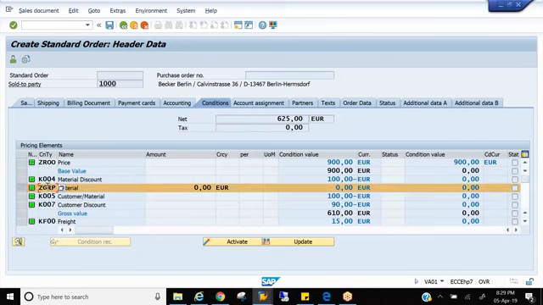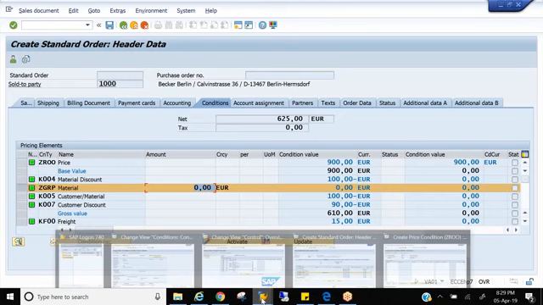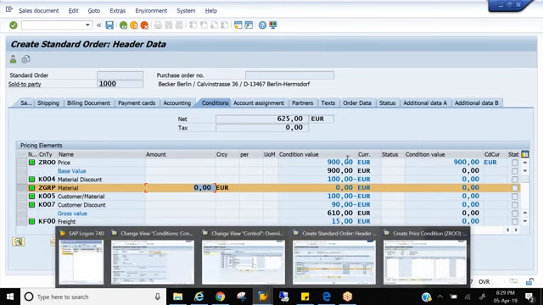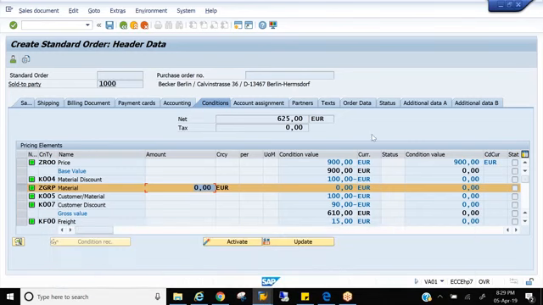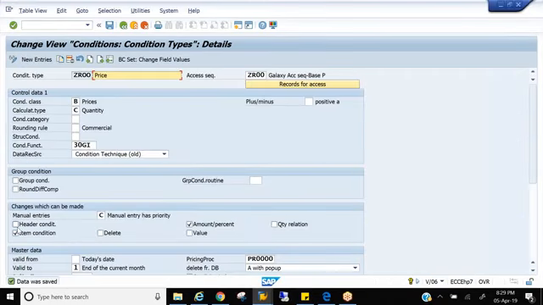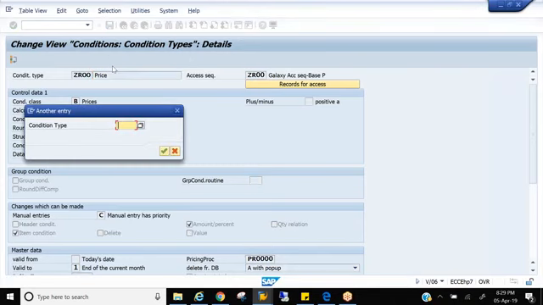We have ZGRP determined, but no discount is offered. Earlier the system had offered a discount. Why? We mentioned that if the base price is more than 1000, offer an extra 50 euro discount. But here the base price is 900. The same you can do at the document value, saying that if the document value touches so and so value, then only propose the discount. We have discussed it with an item condition. The same thing you can do with a header condition. So this is the group condition for the total document, that is ZGRP.